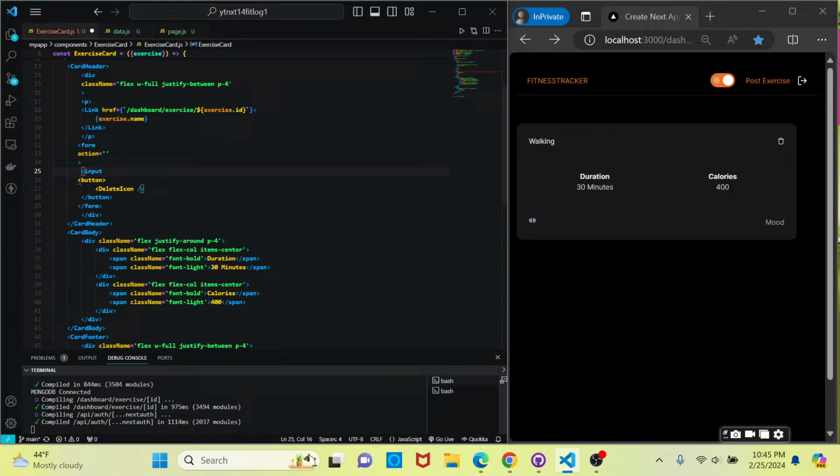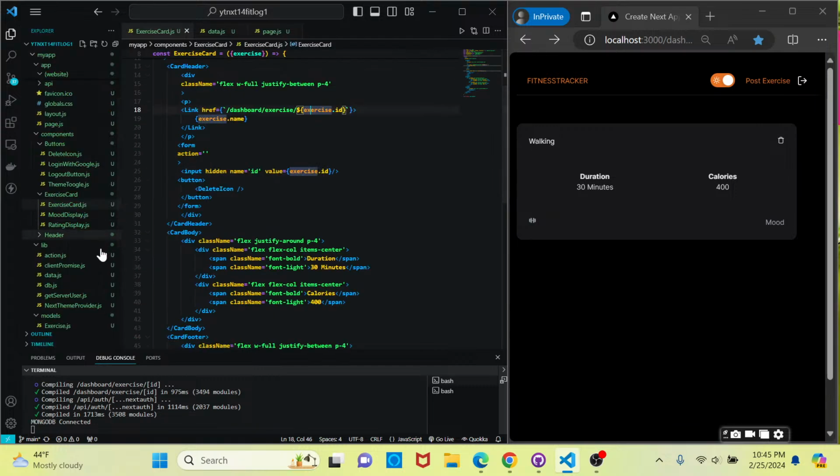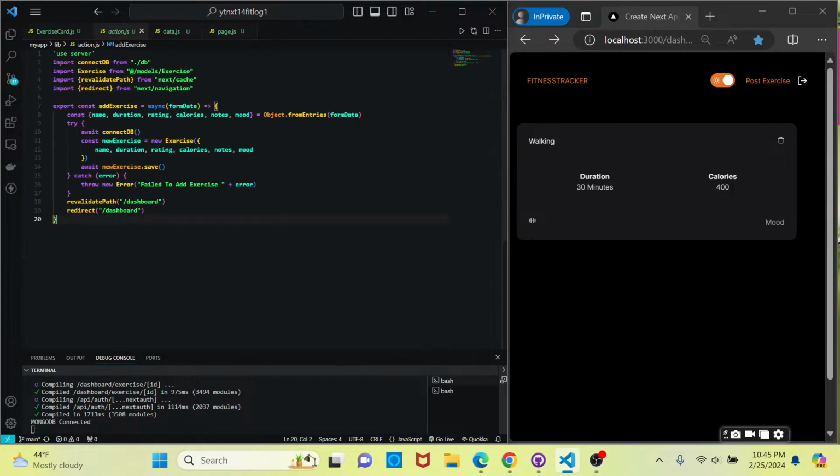So we're not going to worry about styling this input. It's actually going to be hidden. So we'll just use the regular HTML input. Let's add in hidden. And inside of hidden, we'll also give it a name of ID and a value of exercise.id, and we'll add the closing input tag. And since we already have this input listed here, let's just go ahead and add the action of deleting this exercise. So back in the lib directory,